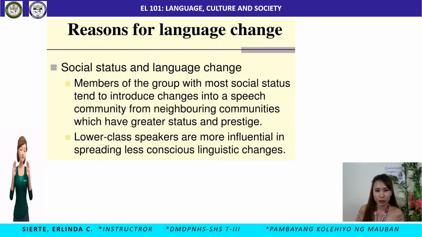Lower class speakers are more influential in spreading less conscious linguistic changes. And about gender and language change, women lead changes towards both prestige and vernacular forms. For example, women in Ushada, Spain led changes towards the standard form to show their social aspirations. Another example, women in Clonard, Belfast introduced vernacular forms from